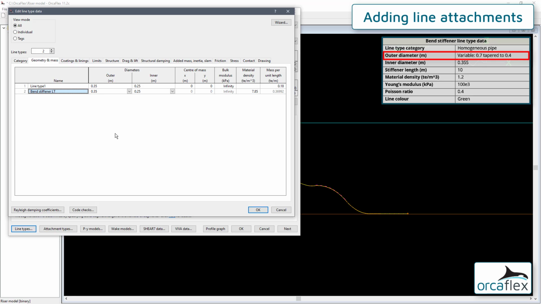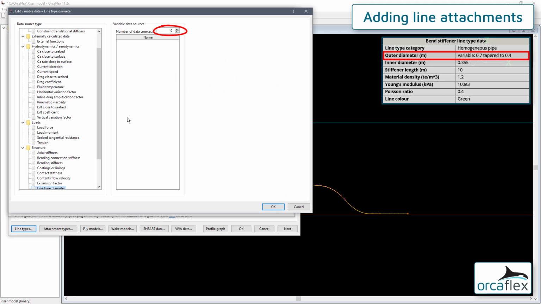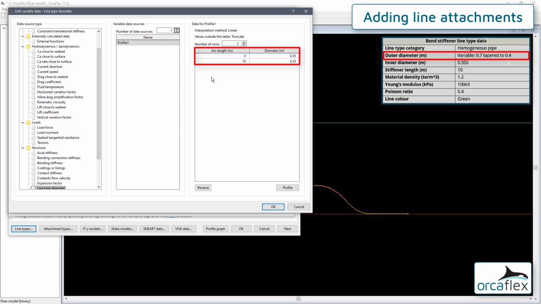Remember from a previous video about line types, a variable outer diameter is created by clicking on the small down arrow to the right of the input box and selecting Variable Data. We now create a new data source and enter our data into the table. The stiffener will be 10 meters long, so the default arc lengths are okay. We just need to enter the diameters,